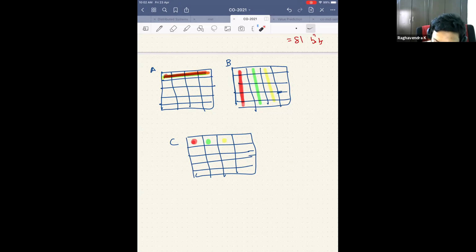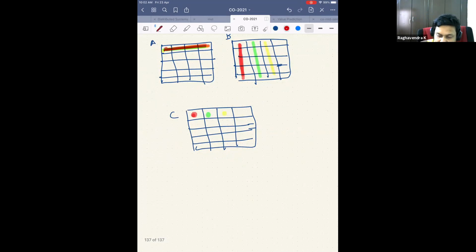But my assumption was that when I come later again, this will be a compulsory miss, but this I was hoping would be a hit. Why was I hoping that? Because I hoped it would still be remaining in the cache after some time. But that is no longer the case if I can't fit this entire thing into the cache. And this will also be a miss, because I can come back to it later, but it's no longer there. So the number of misses is pretty high in a plain vanilla matrix multiplication. Now one of the solutions that Amit Bhai is proposing is that I will do something like this.